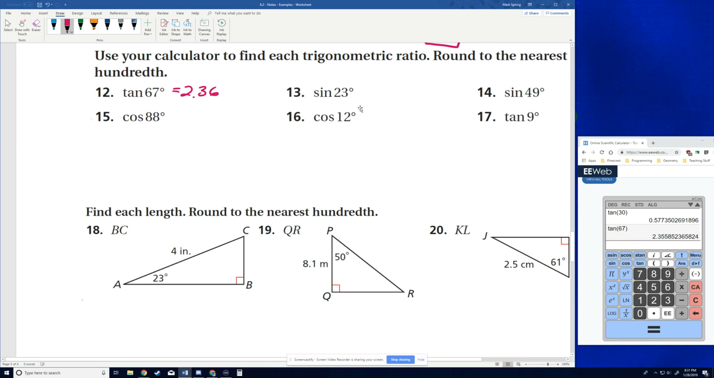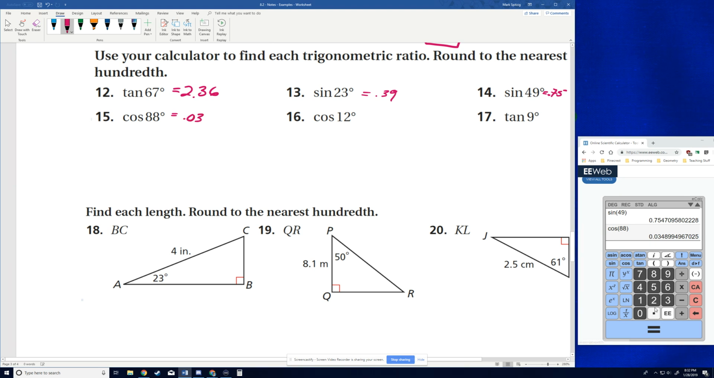2.36. Sine 23. It makes me close out the parentheses. 0.39. Sine 49. 0.75. Okay, cosine 88 is